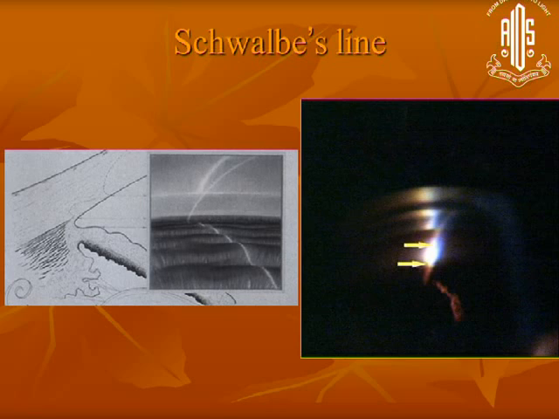This is what is called the parallelepiped appearance, where you see this is the cornea. You will see two reflections in the corneal part. One is from the epithelial side and one is from the endothelial side. When you reach the Schwalbe line, the cornea does not remain transparent anymore at that level, and therefore this beam fuses with the inner beam, and this is the collapsing of the parallelepiped, and that is the position where you see the Schwalbe line. Then you can trace backwards and you will see non-pigmented trabecular meshwork, pigmented trabecular meshwork, scleral spur, and ciliary body. So this is the way to identify the Schwalbe line.